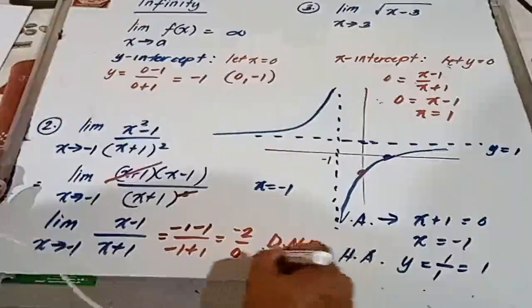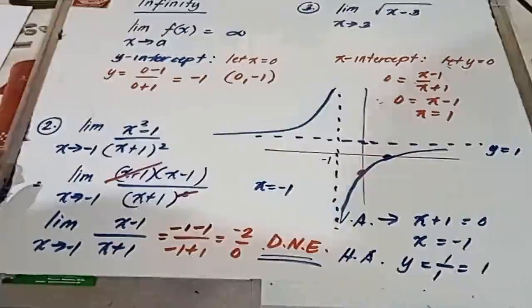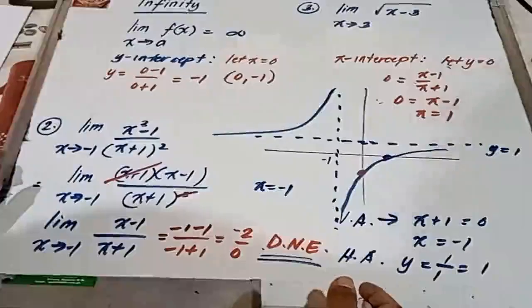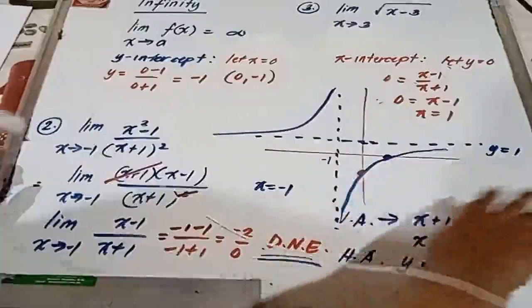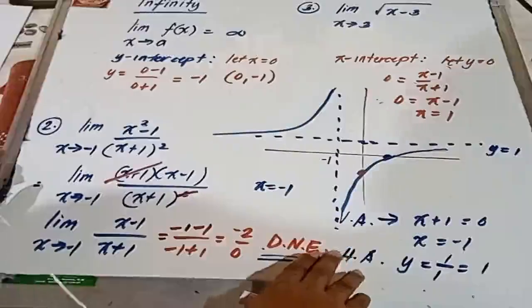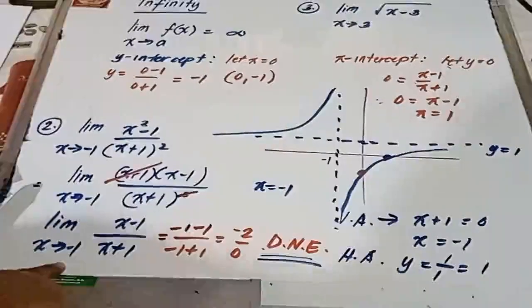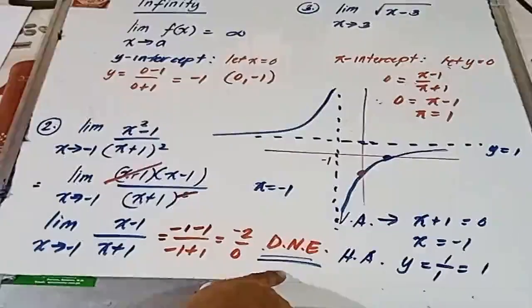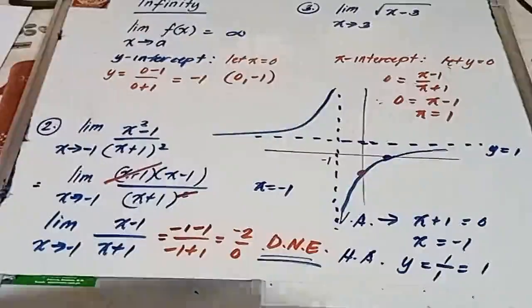So, sasabihin natin, limit does not exist. Okay? Walang limit siya dito pag nagpapalapit siya sa negative 1. Pero in other intervals of x, limit exists. Maliban lang as x approaches negative 1. As x approaches negative 1, limit does not exist. Okay? So, sana naintindihan nyo kung ano yung limit does not